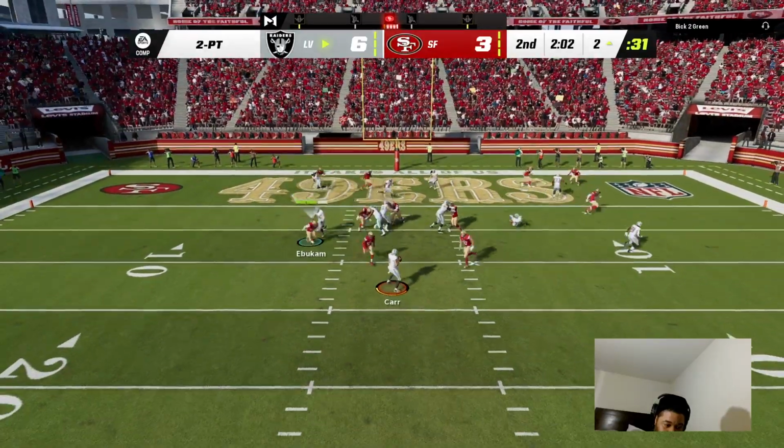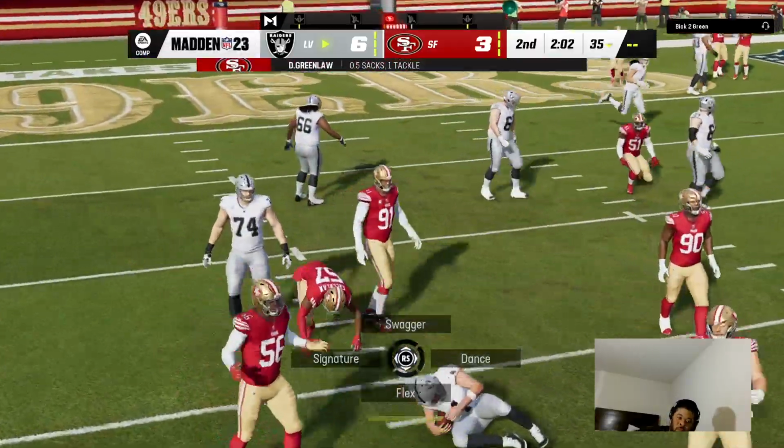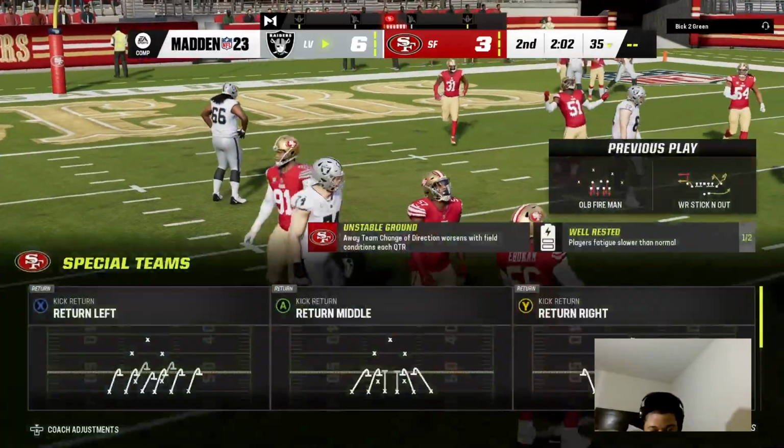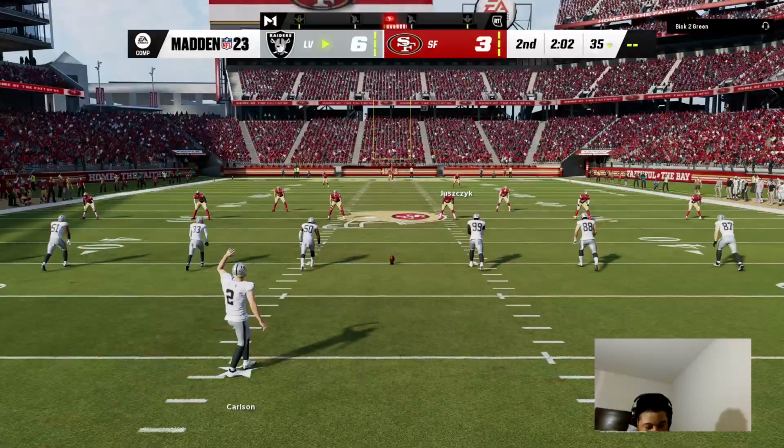Carr will look to throw. And he won't be able to get the football away. He's going to be sacked. So they're unable to add on to their lead. So trying to throw it in for 2 points, but the D